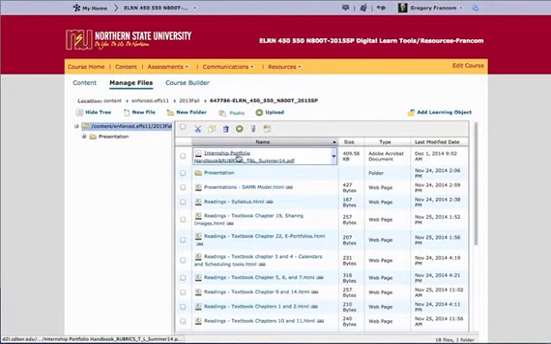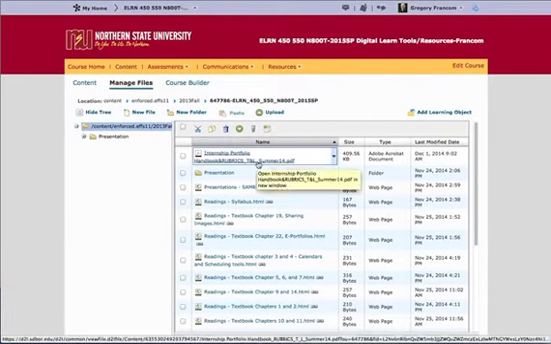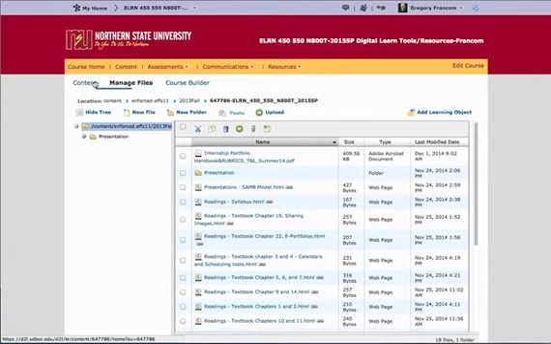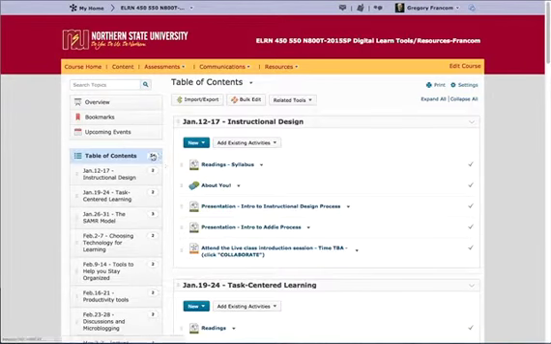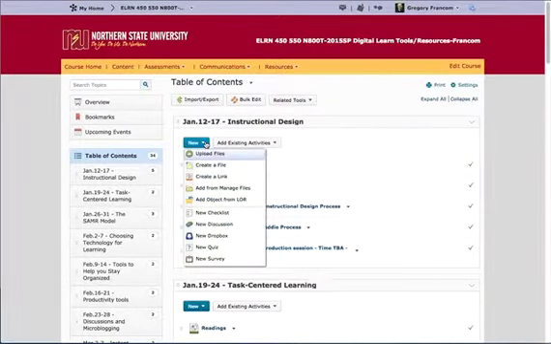Here it is, Internship Portfolio Handbook. Let's say this was something that I wanted my students to read. Now that it's up here, again, I went to Content and Table of Contents and then Related Tools and Manage Files, so I can upload files right there. Now that that file is added, I can go to New here, and for my readings, this is how I set it up. I choose Create a File,